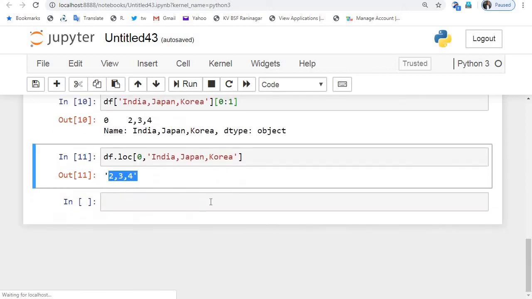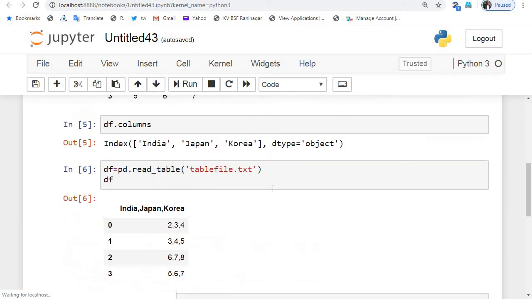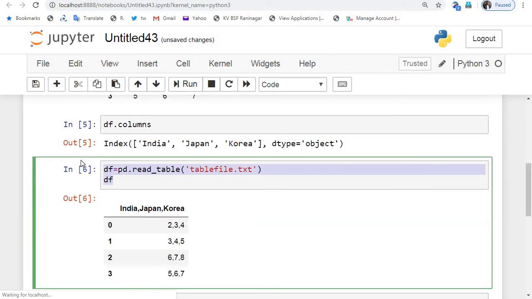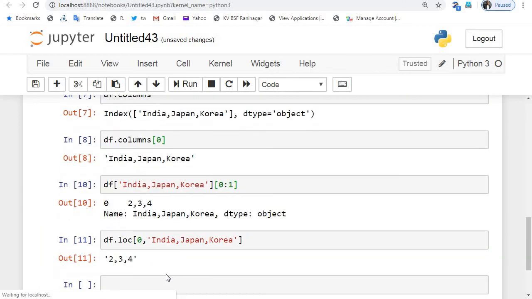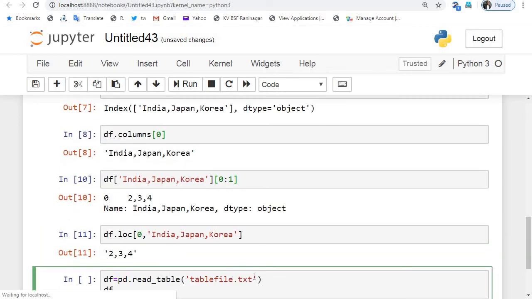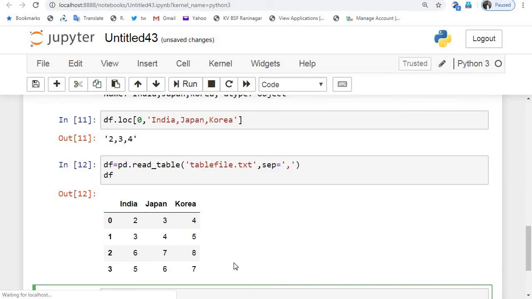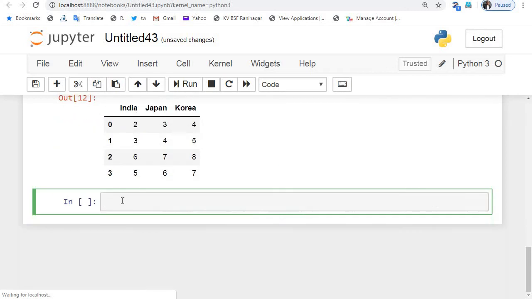You can simply use this function while the separator parameter is defined as comma. Here you see that there are three different columns. India, Japan, Korea are three different columns.